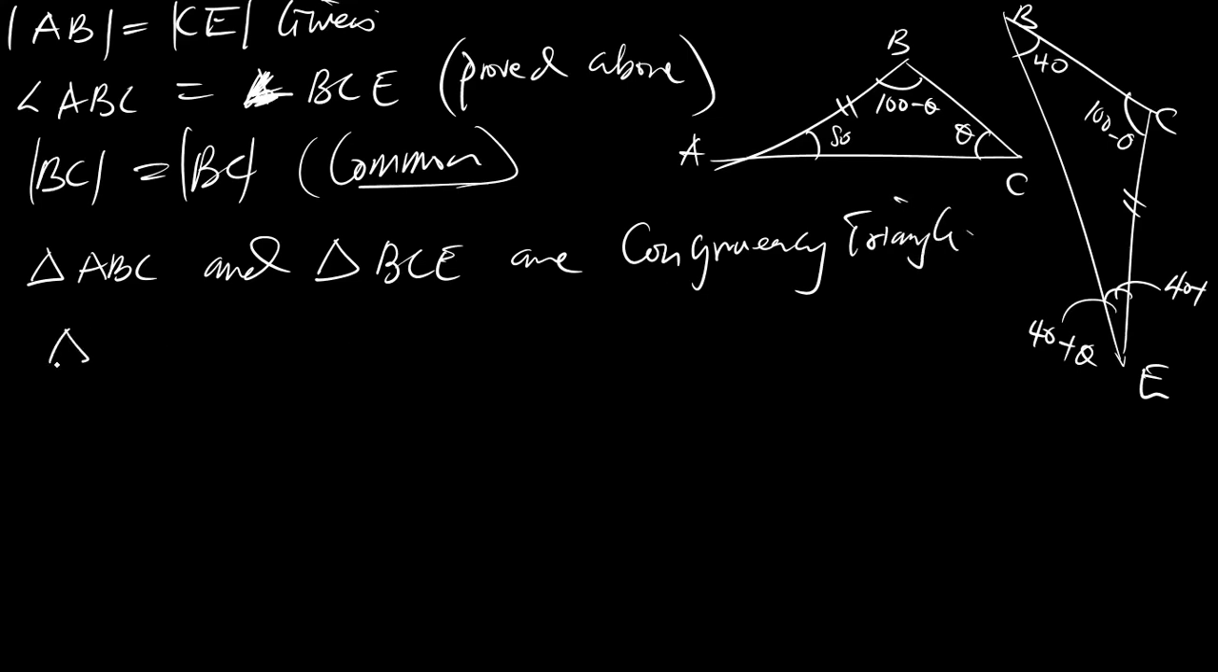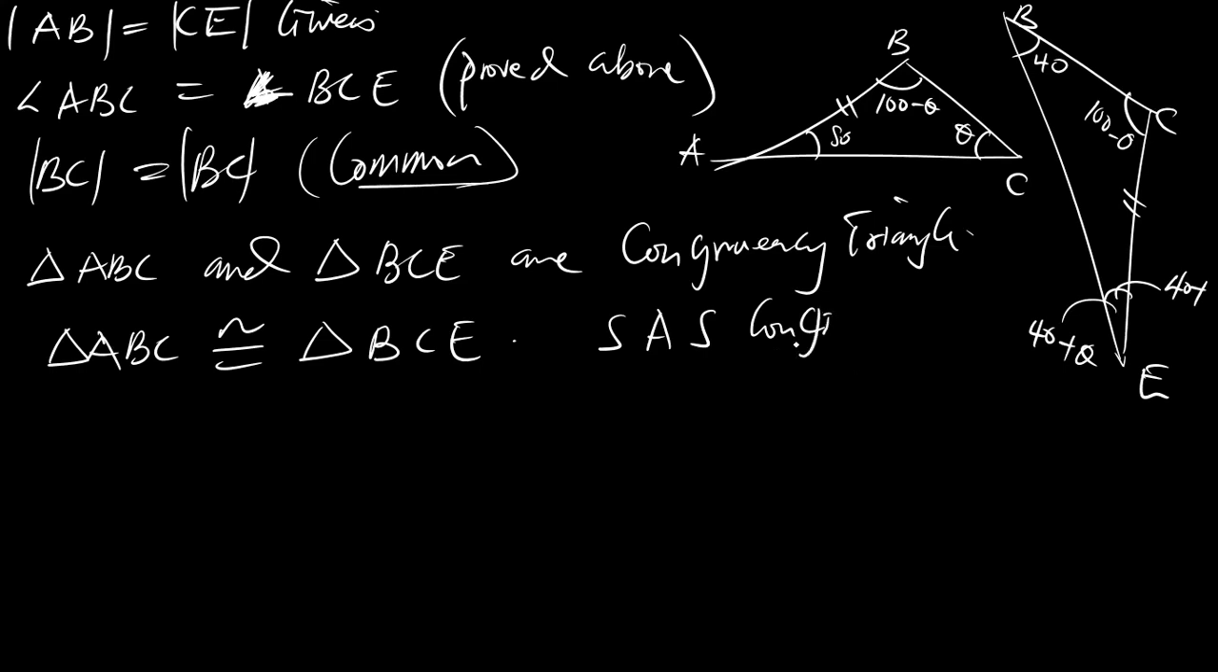So it now shows that triangle ABC is congruent to triangle BCE. So which means that you have side angle side congruence. So the type of congruence is side angle side. So now that means that